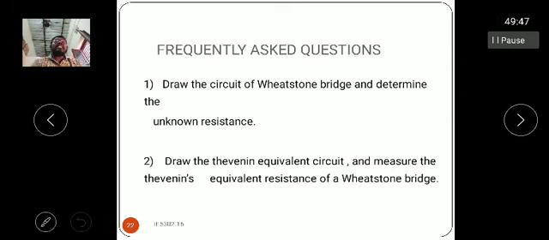In this way, we can easily calculate the response of the galvanometer if we convert the Wheatstone bridge into the Thevenin's equivalent circuit. Generally, the main concept of the Wheatstone bridge is its construction, and how the Wheatstone bridge goes to balance, after which we calculate the unknown resistance. The second thing is that the Wheatstone bridge is converted into the Thevenin's equivalent circuit, and we find the galvanometer voltage and galvanometer current. This is the brief explanation about the Wheatstone bridge.